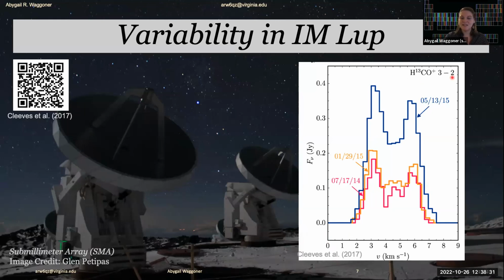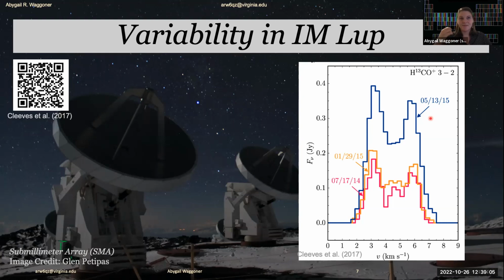They looked at H13CO plus, the 3-to-2 transition. And this is a spectrum of that line. If you're not familiar with radio astronomy, don't worry about it. The takeaway here is that this observation day in blue that was done in May 2015 is twice as large as the other observation days, meaning that the flux of this species doubled. And in doing so, the continuum remained constant, suggesting that this was a genuine increase in the HCO plus abundance